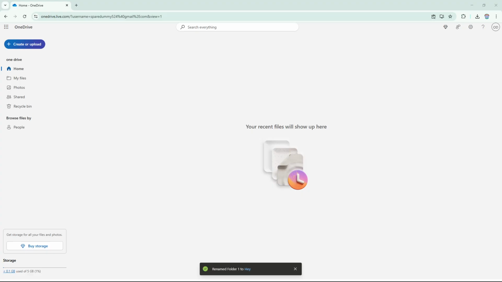First things first, let's start by navigating to the OneDrive dashboard. If you're not familiar with how to get there, it's typically accessible through your web browser by logging into your Microsoft account. Once you've logged in, you'll land on the OneDrive dashboard, your central hub for accessing all your files